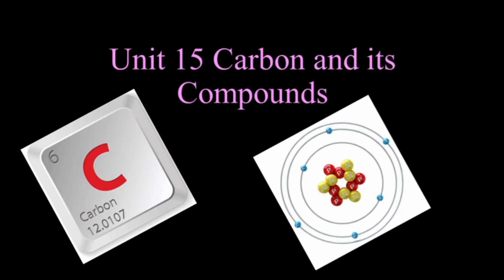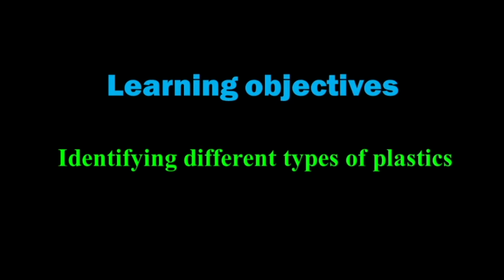Today we are going to discuss one more new concept, identifying different types of plastics. In our day-to-day life, we use so many things, for example comb, toothbrush, hair oil bottle, plastic plates, plastic tumblers, carry bags. All those things are different types of plastics, isn't it? Yes. Are all the plastics made up of the same material? No. They are made up of different types of chemical compounds. So today we are going to discuss how to identify different types of plastics.